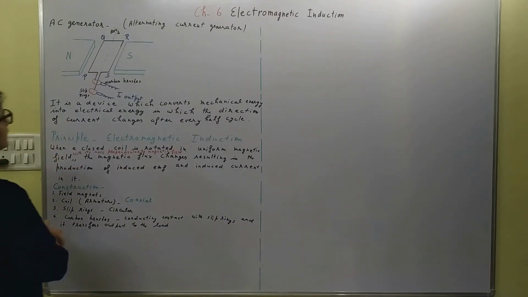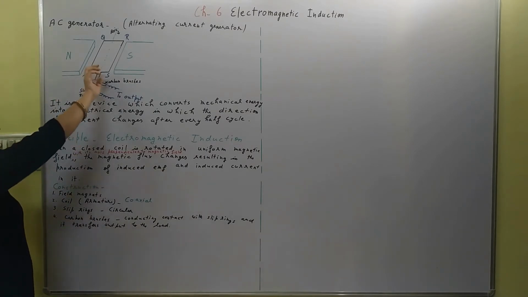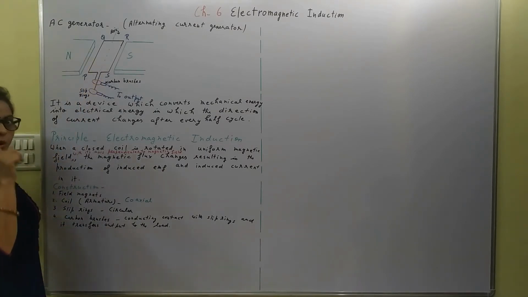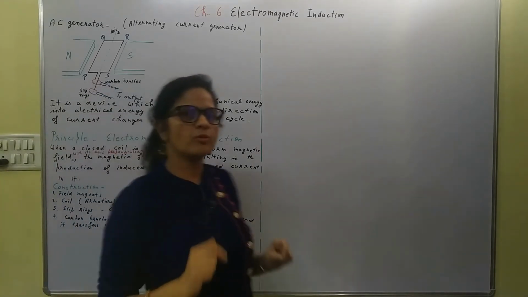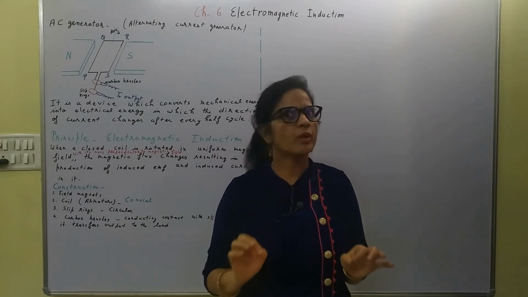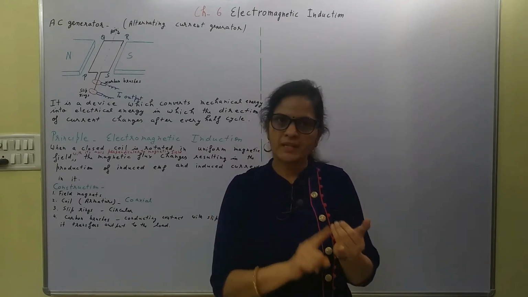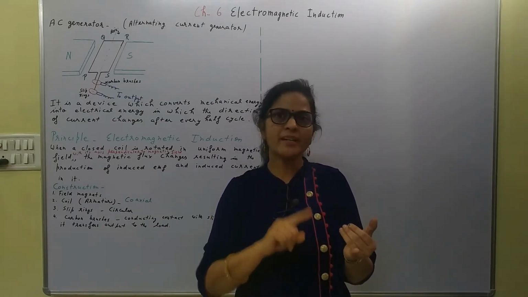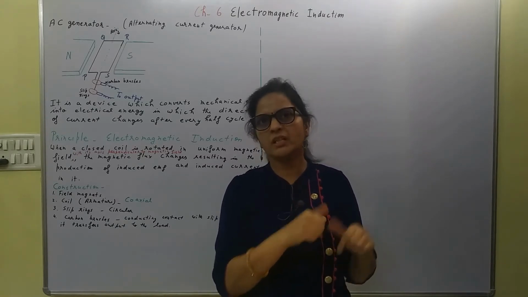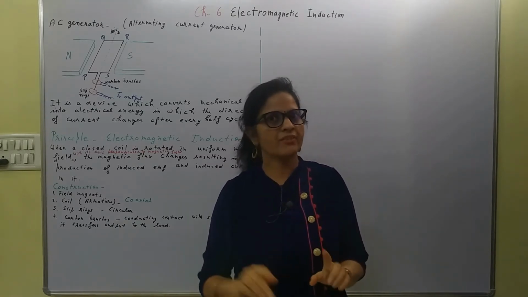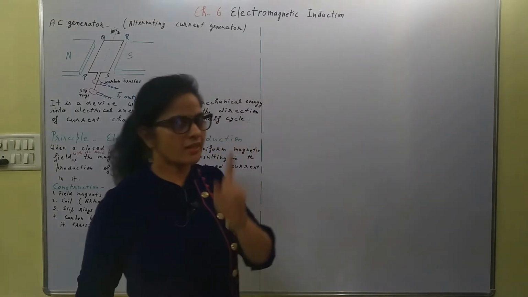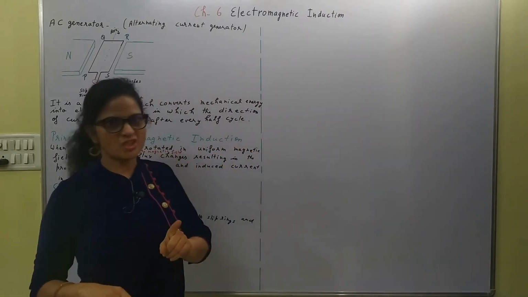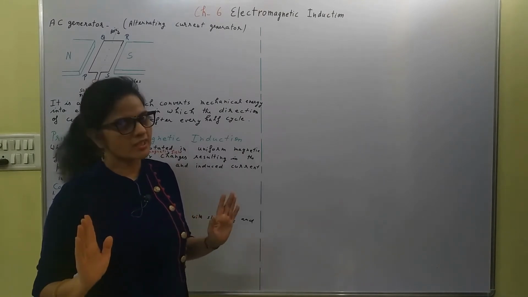First of all, look at this. We know that when this coil is rotating in the magnetic field, what is happening? Orientation is changing. If the orientation changes, what is the formula for the magnetic flux? The formula is BA cos theta. Here the magnetic field is uniform, right? The angle between the area vector and the magnetic field is theta. So this is changing here. So that means the flux is changing. So when flux changes, induced EMF and induced current are produced.